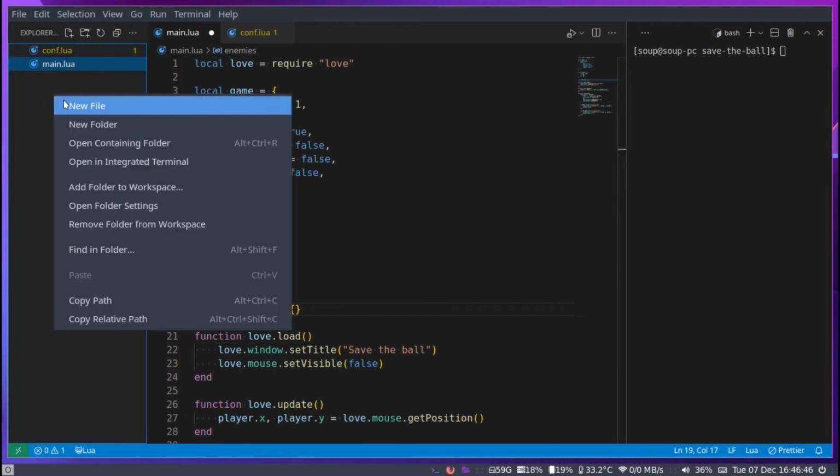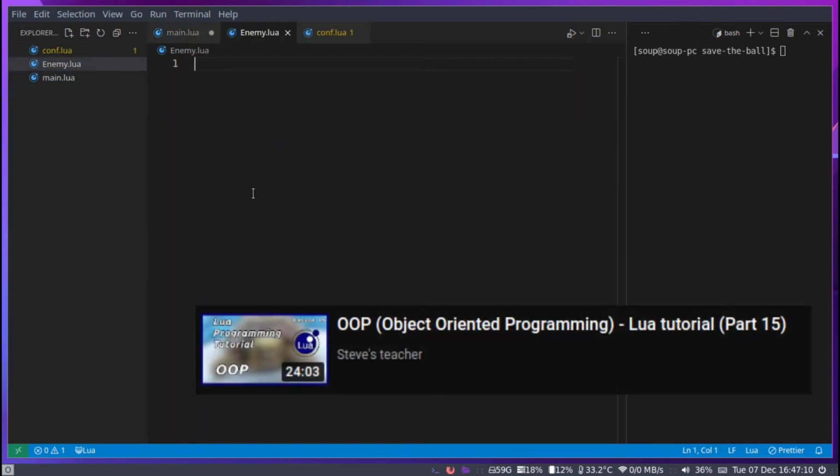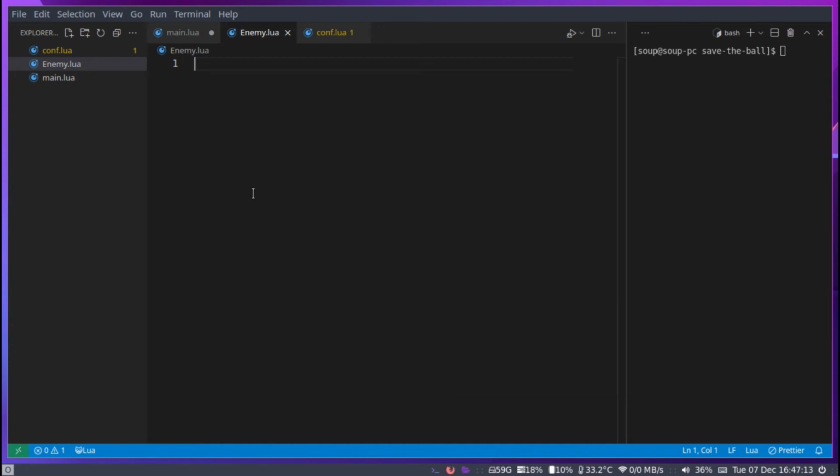So right here, we can right click, new file, and say enemy.lua. I'm going to give it a capital case E in its name to signify that this is an object. It's completely optional, it's just how I like to do things. If you have seen my tutorial on OOP, you will probably know there's multiple ways you can do OOP in Lua. And the first way is by using a table. The second way is by using a function and a table. And there are more ways, but I don't like covering the others because they're kind of difficult to understand, in my opinion. So in this case, I'm going to use functions and tables